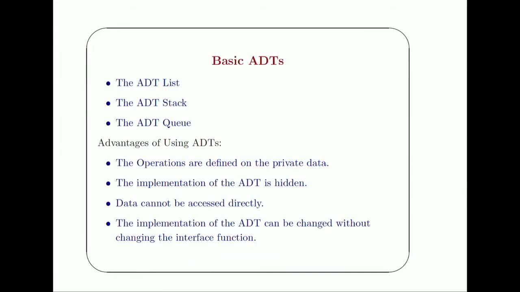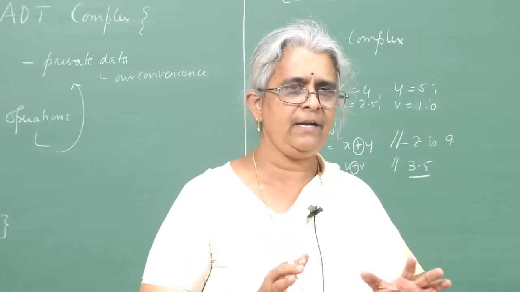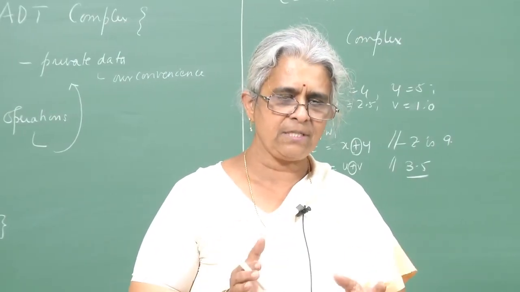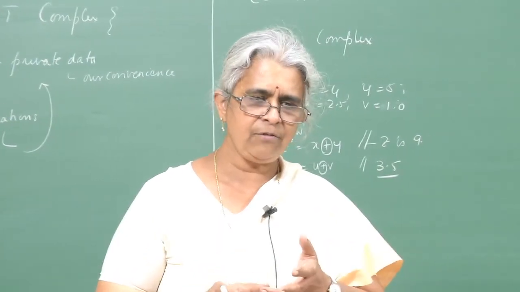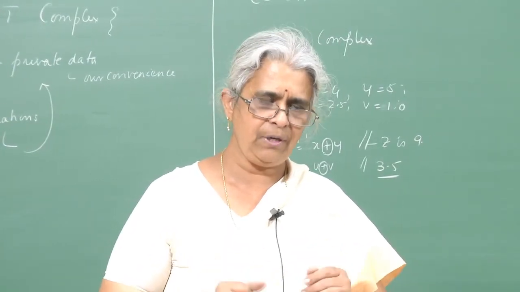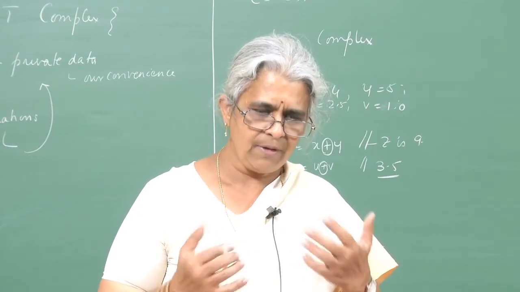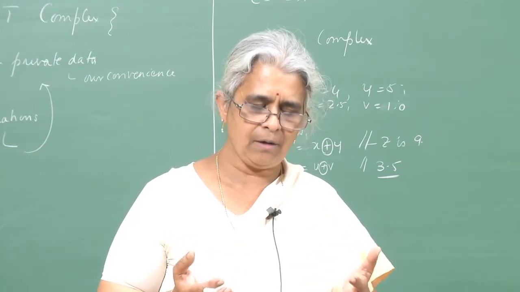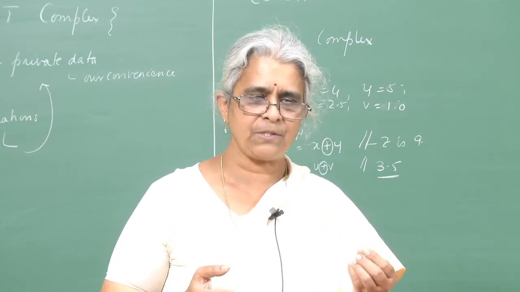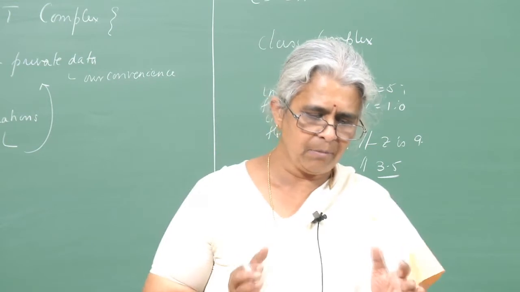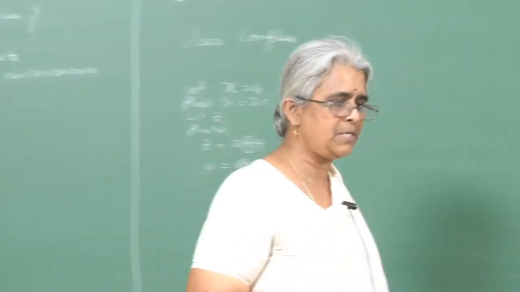Okay. So, what I have shown to you so far is simply a way of creating a new user defined data type with operations defined on it. The compiler already provided for you integer and float with operations defined on them, and what we have done is add the complex data type, on which we are defining a set of operations. Okay. So, this is the big thing about abstract data types with operations defined on them.